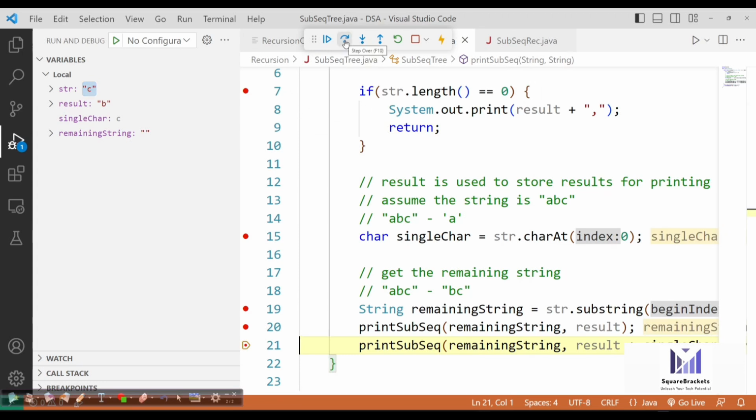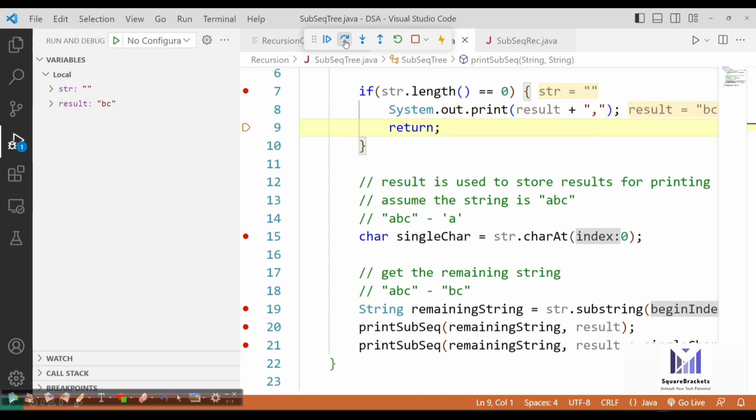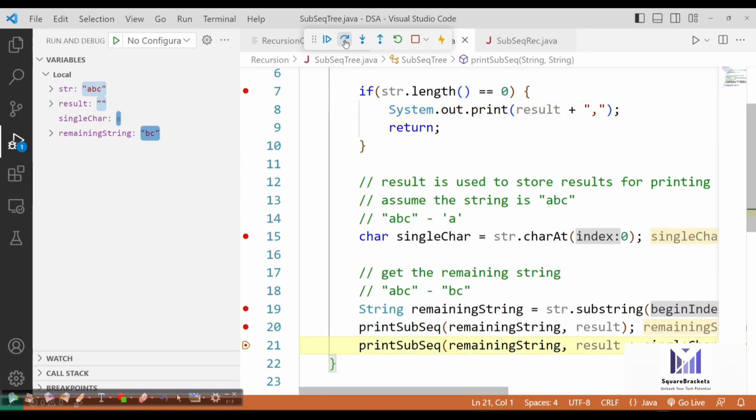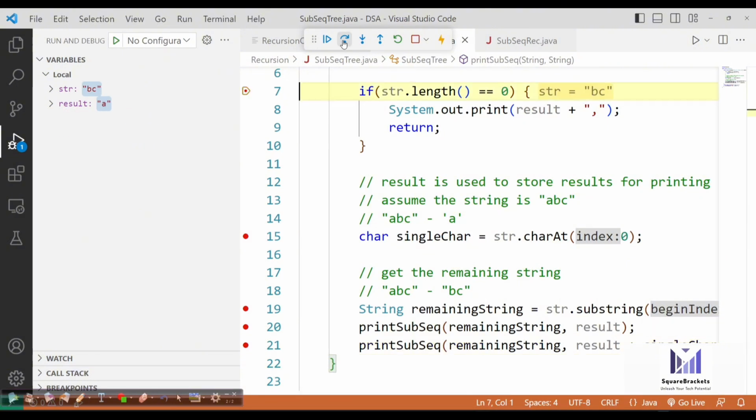Then again, print subsequence is called. Now this time result stores B, C characters together. So it will print BC. Now finally my single character is A. String length is not null. Single character will store B and remaining will store C. It will execute again.